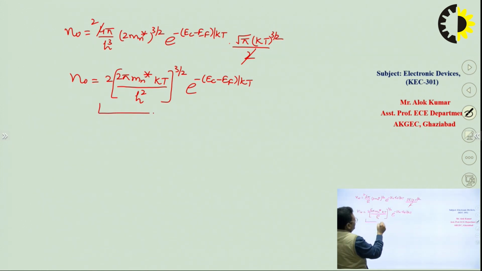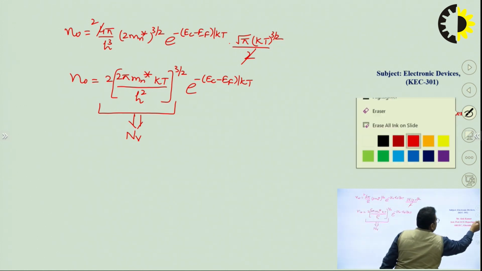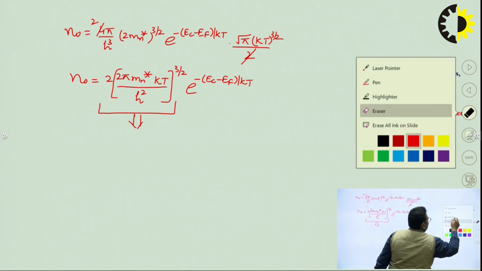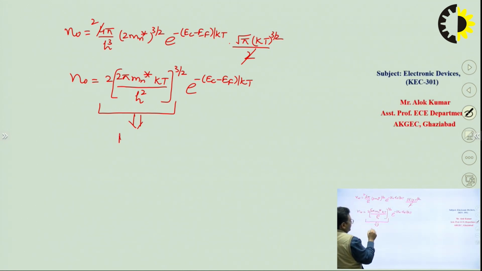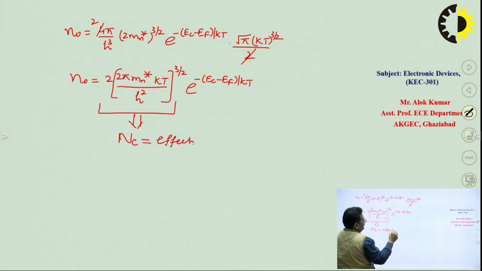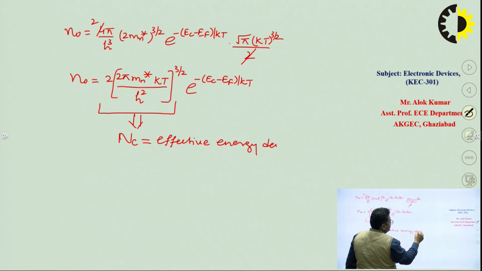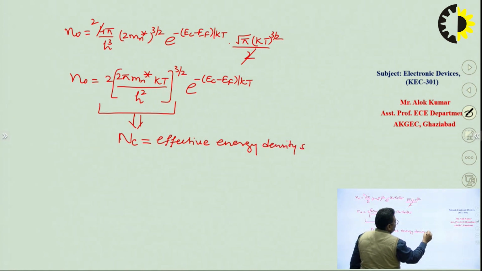And what is this? This is nothing but we can write it as NC. NC is the effective energy density of states in conduction band,